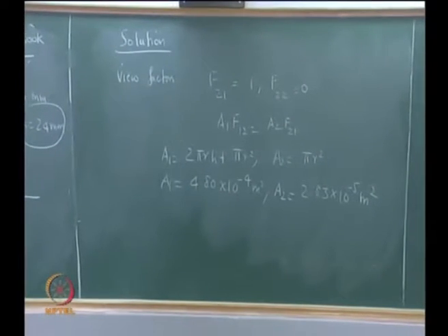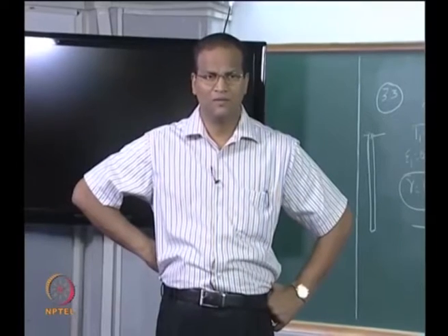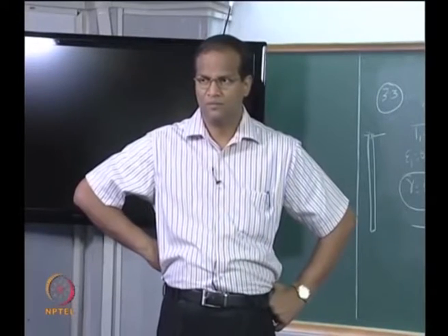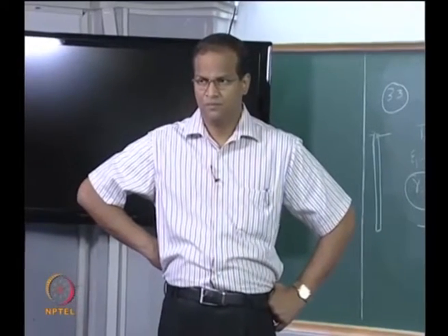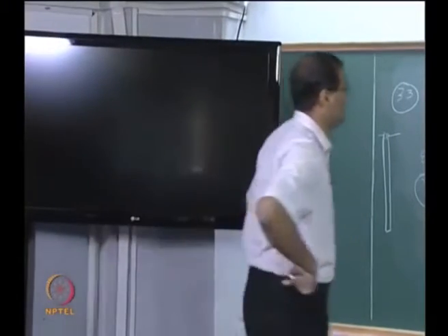Samarjit, is it okay? Calculated? Let's check A2 first. Tell me if I made a mistake. Just 2 pi r square, right? Fine? Okay. So,